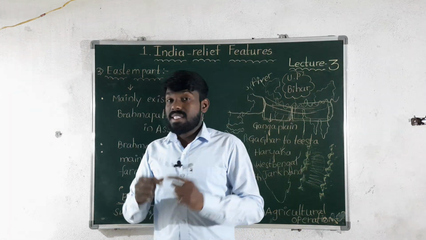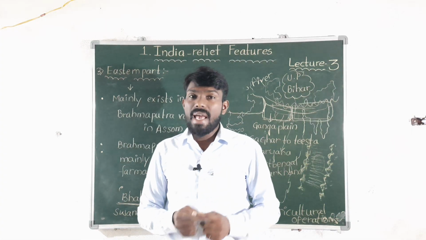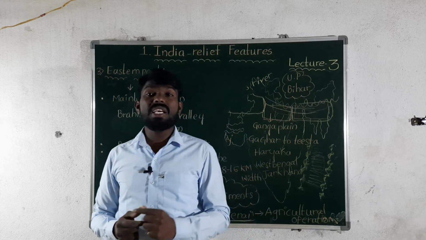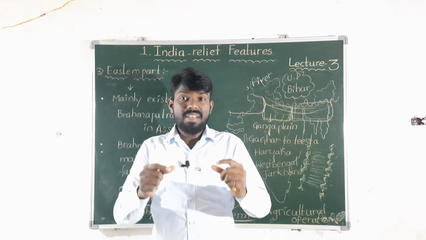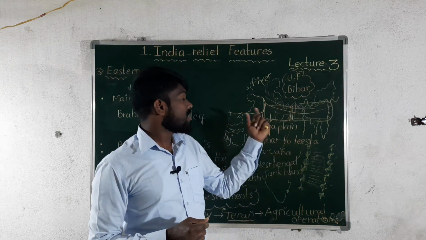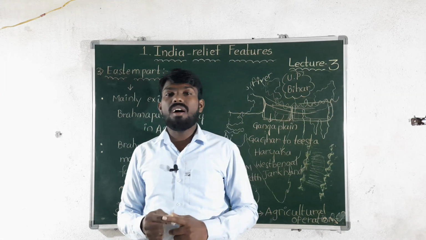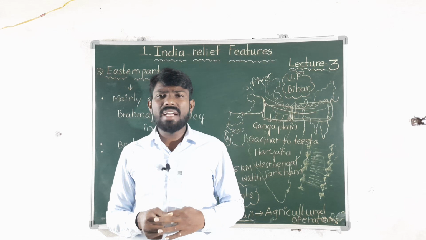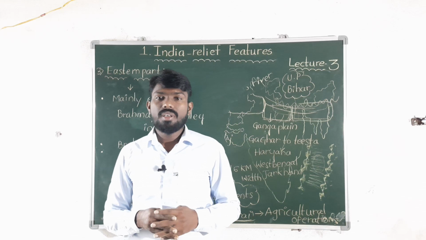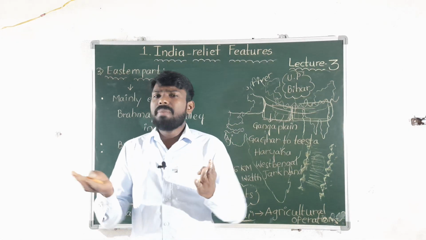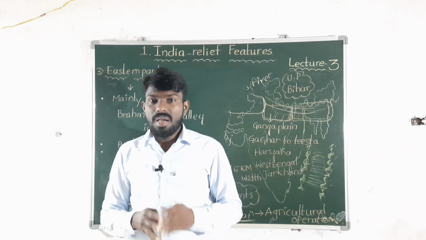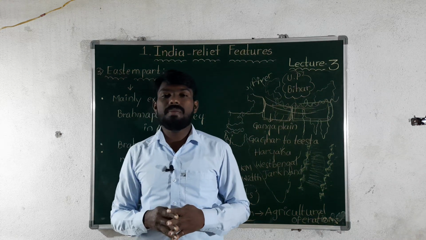The central part is known as the Ganga Plain, extending from Ganga to Teesta River, mainly spread in Uttar Pradesh and Bihar, partly in Haryana, Jharkhand and West Bengal. Here the river Ganga, Yamuna and their tributaries, Son, Kosi, etc. drain. The eastern part mainly exists in the Brahmaputra Valley of Assam. The Brahmaputra River is mainly responsible for its formation.